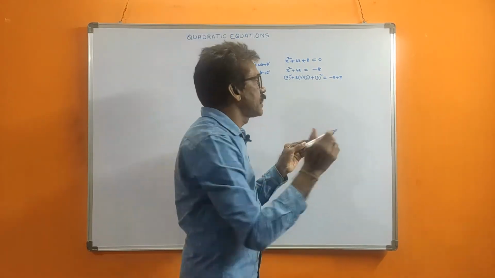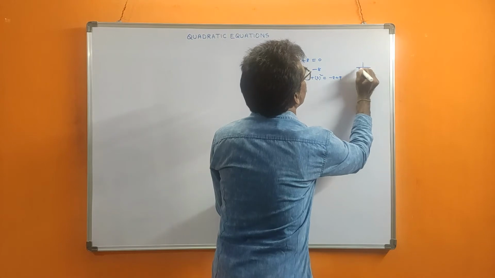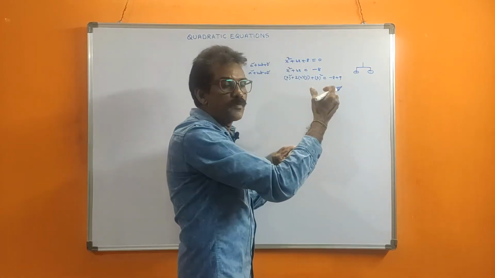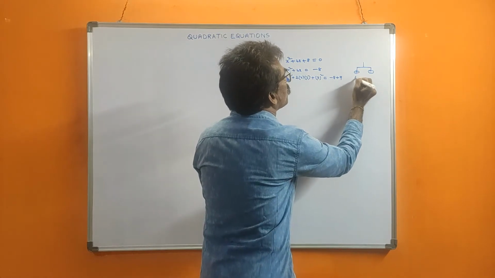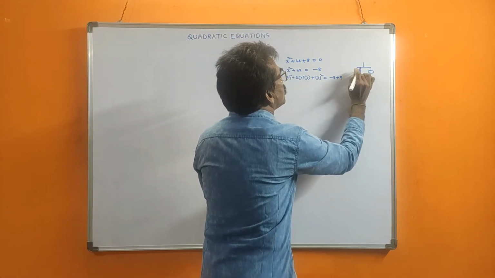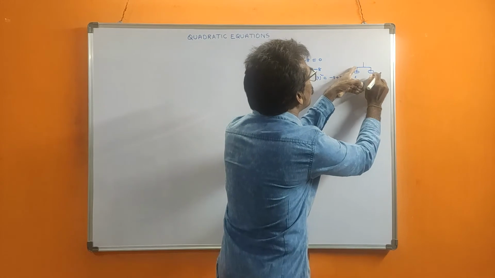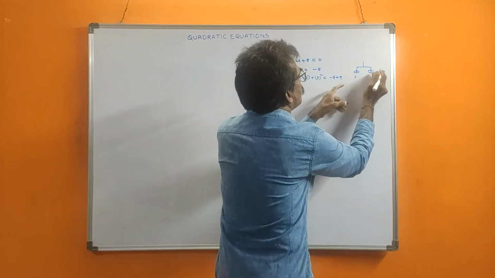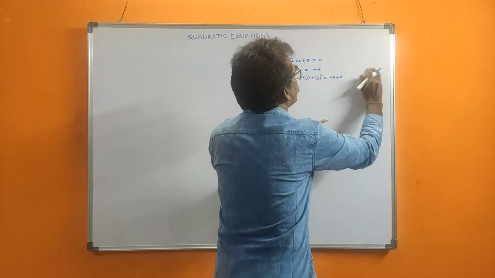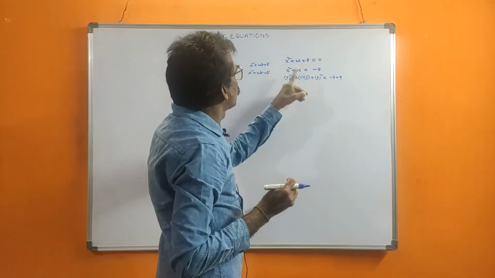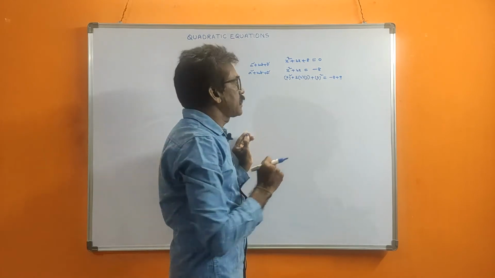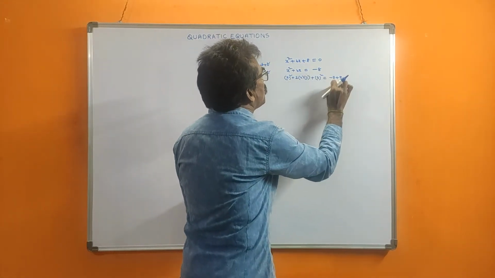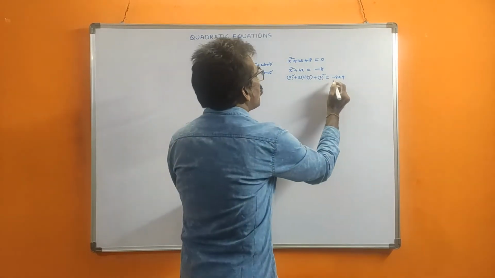Suppose there is a balance. See, like this, any balance is there. Both sides are balanced, a simple balance. If you take 1 kg out from this side, it will come down and the other will move up. Then what to do? From the other side also take 1 kg, and again it will balance. Like that, the equation also needs balancing. Both sides, LHS should be equal to RHS. That's why we added 9 this side, and this side also we add 9, then balance. So there is no change.